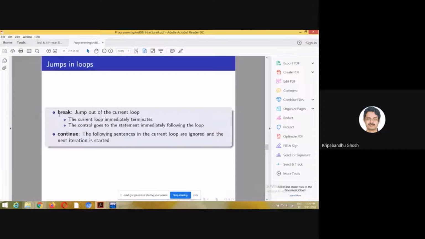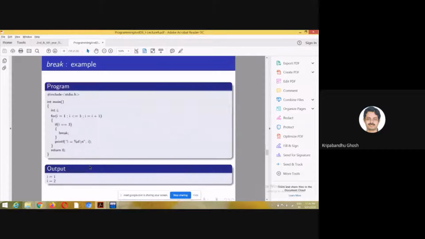You see that we already used break in switch, right? So this is an unconditional jump out of a loop. No one objects to this, but this is in a sense similar to goto, though it is a part of many loop and control structures. So one is break and the other one is continue. Let's look at them one by one.